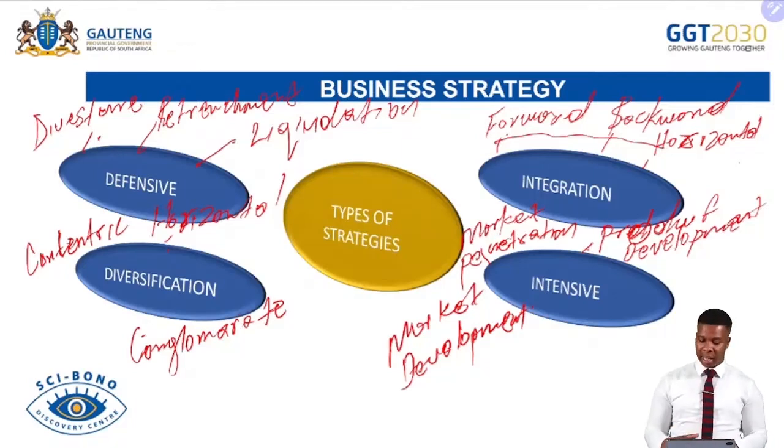Each strategy has its main purpose. When we're looking into integration, the aim is to take over. When we are looking into intensive, the aim is to increase the market share of the business, because we are talking about market development, meaning selling an existing product in a new market. Market penetration, we're talking about making sure that you lower the prices of a new product coming in the market. Product development, we are talking about introducing a new product or modifying an existing product to become new in an